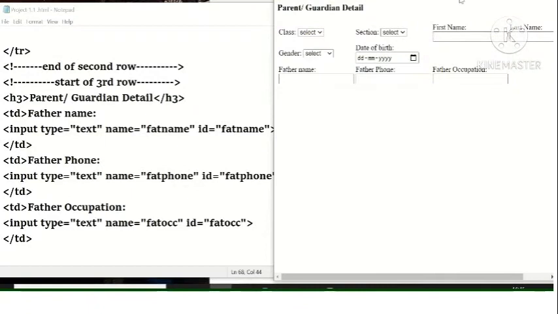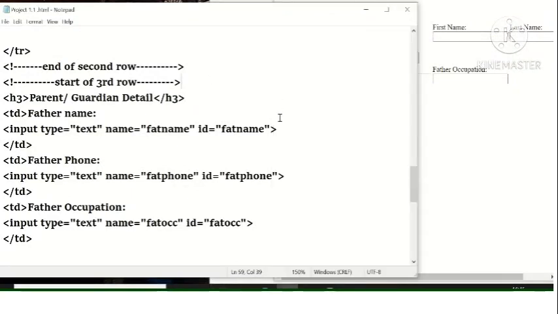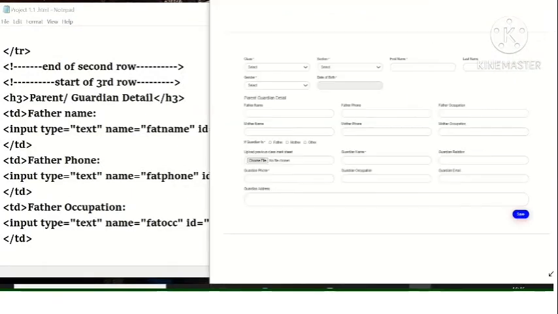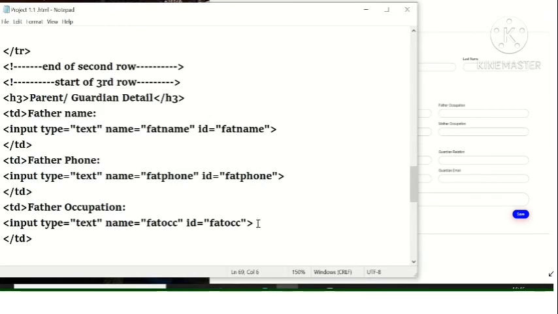So, as we can see, the date of birth and all these fields are working perfectly fine as we have in the example.